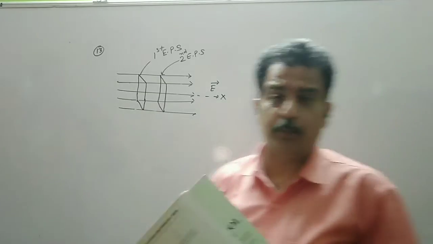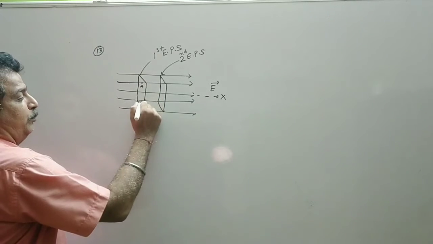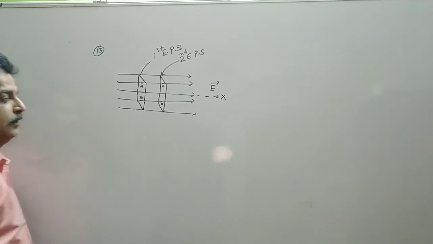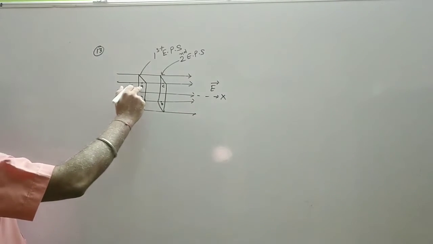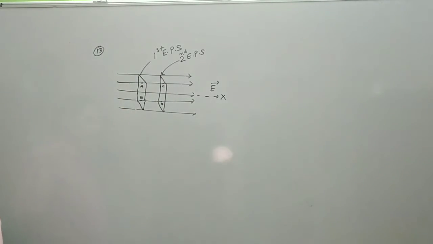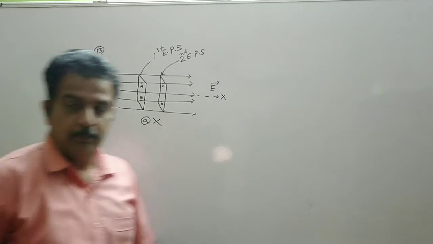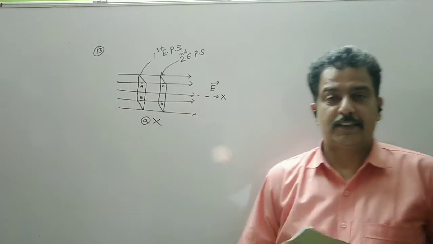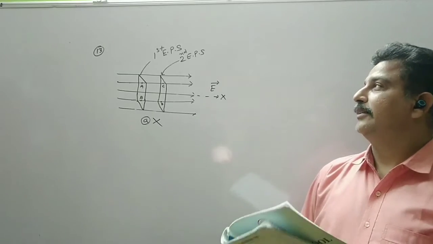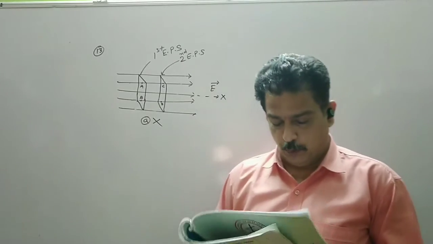All the points are at the same potential. So if I take a point, suppose I take point A and point B, and here I take point C and point D. It is clear that the potential of A and B is same, C and D is same, but the potential of A and C is not same. So the first option is eliminated because it is not necessary that all the points should be at the same potential. Only the points which are on the same equipotential surface have the equal potential.